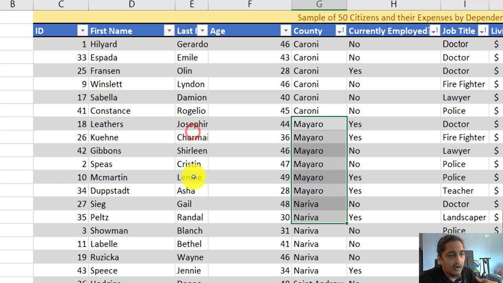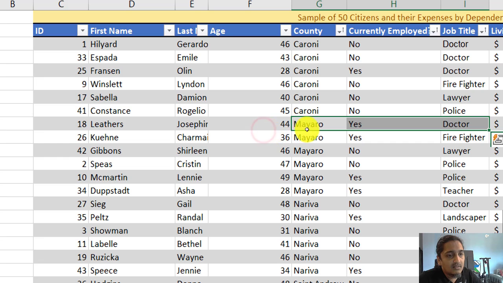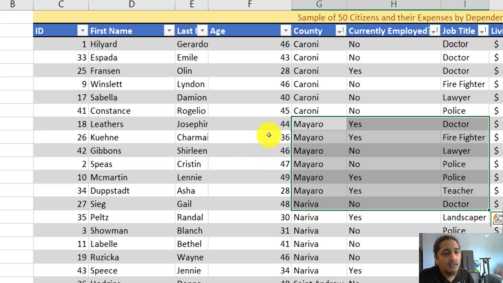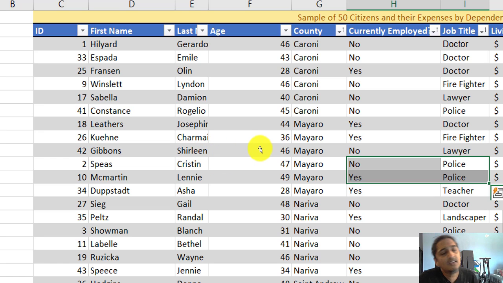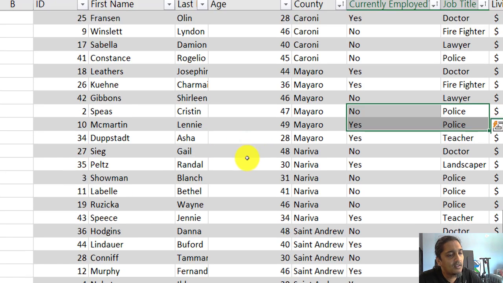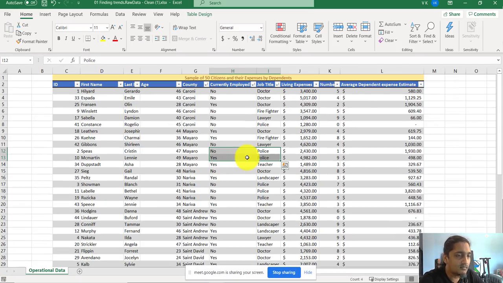Let me try Myro. Myro might be a better one to look at. It's sub-sorted. If you look over here, you see doctor, firefighter, lawyer, then police, and then teacher. So we know it's sub-sorted by job title, and then that is further sub-sorted. You're going to notice that under the police grouping, that too is sorted in alphabetical order, where N comes first, right? So that's how the sorting is actually working for this. You don't have to learn that stuff off. It's just good to know right now, because this is how we're going to approach inserting the